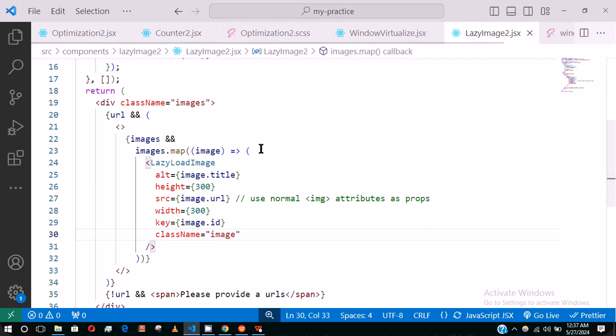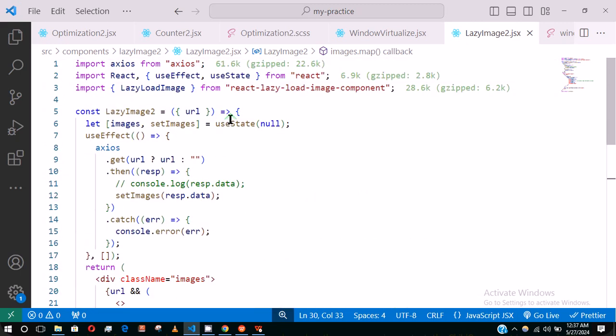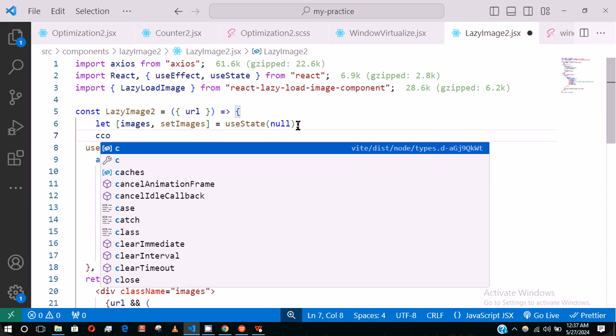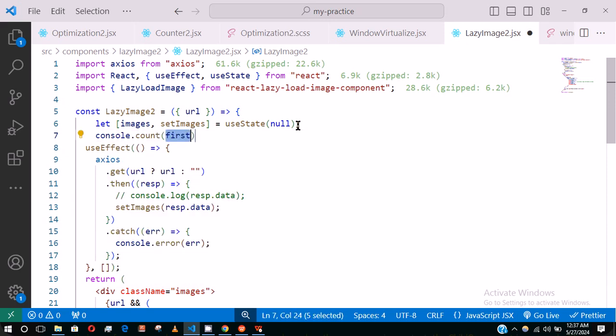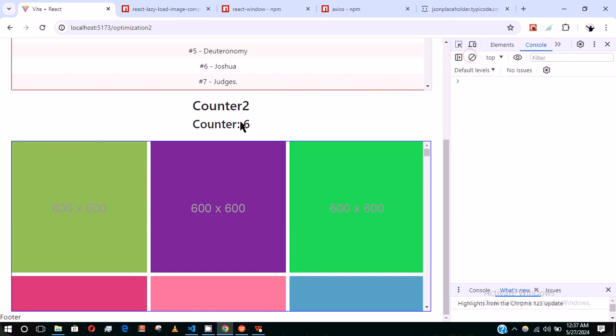So to also show you what more is happening, I can come to my lazy load image. Here also I put a console.log count, and I'll put lazy image rendered. So let's repeat the same process. So if I click here,